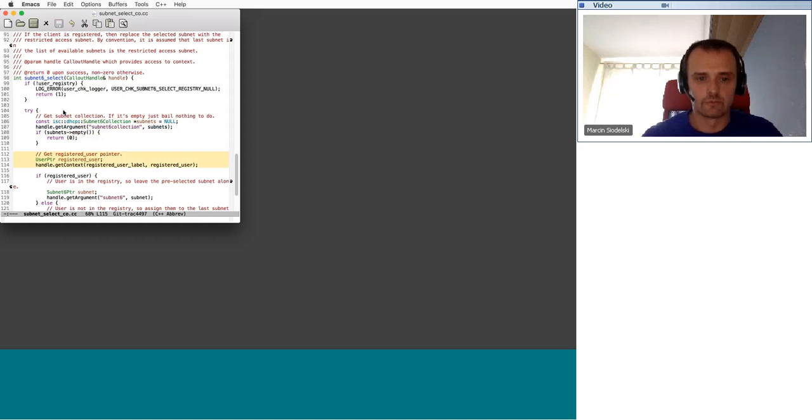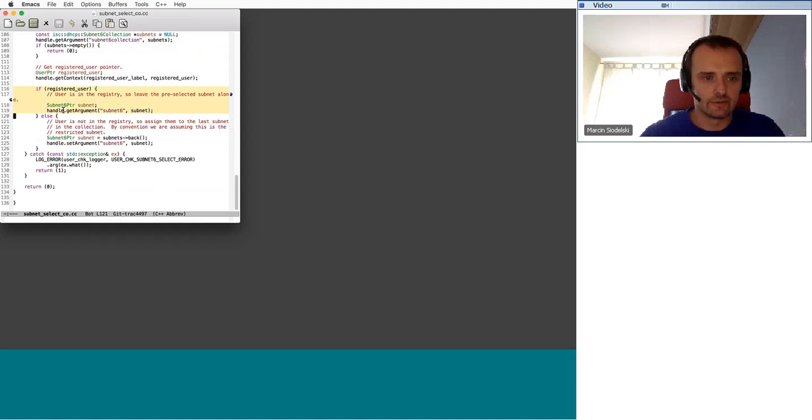You should be familiar with that already. And once we have that done, we check if the user is registered or not registered. So if the user is registered, we just leave the subnet selected by the server alone, right? We don't modify it. Which will actually, in our case, mean that the server would select the privileged subnet 2001:db8:1